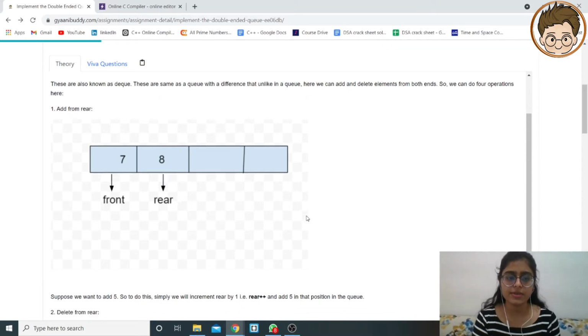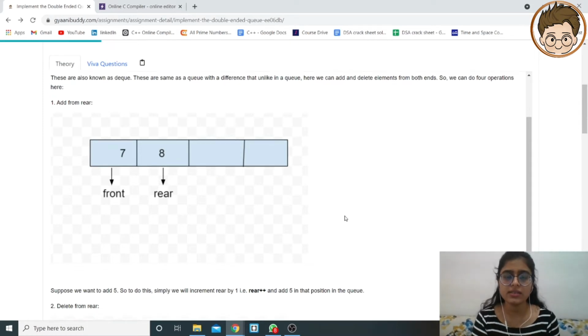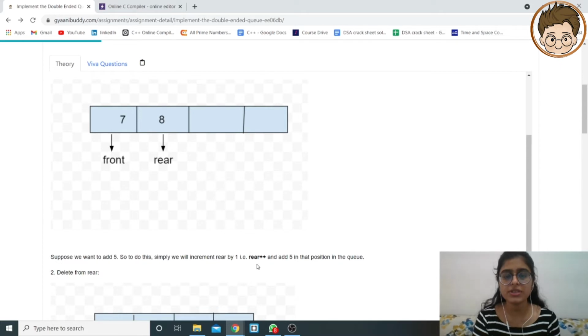Suppose we want to add an element 5 here. We will just increment this rear by 1 and add the element in this position. So we just need to increment the rear here, that is, we will perform an operation rear plus plus.